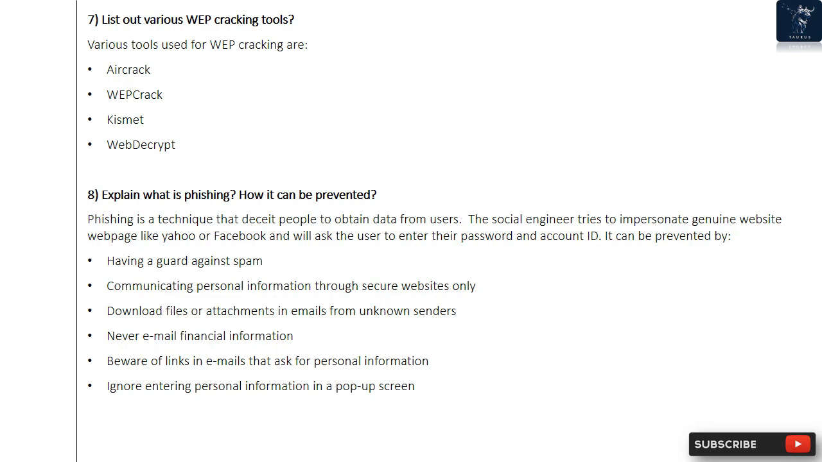8. Explain what is phishing. How can it be prevented? Phishing is a technique that deceives people to obtain data from users. The social engineer tries to impersonate a genuine website page like Yahoo or Facebook and will ask the user to enter their password and account ID. It can be prevented by